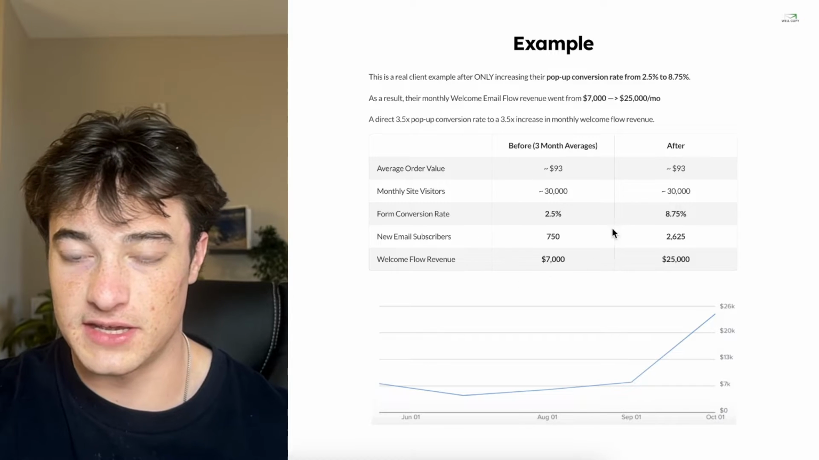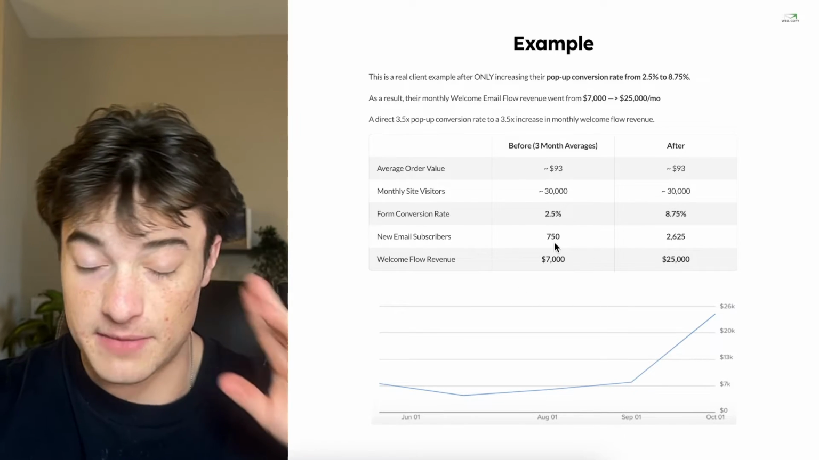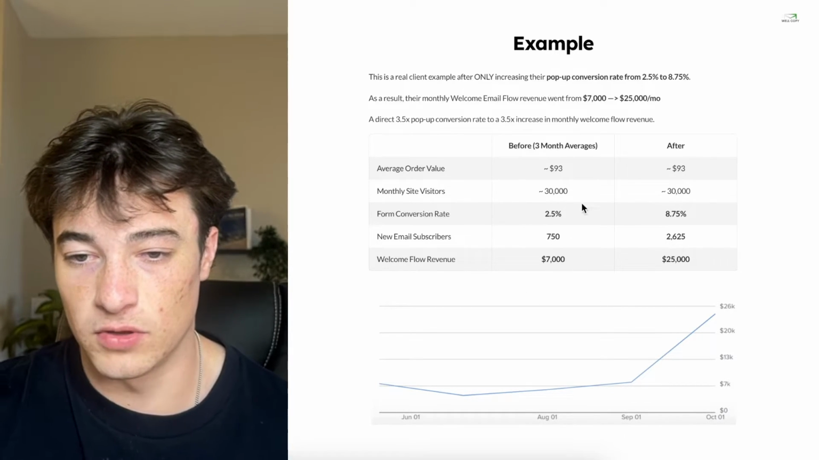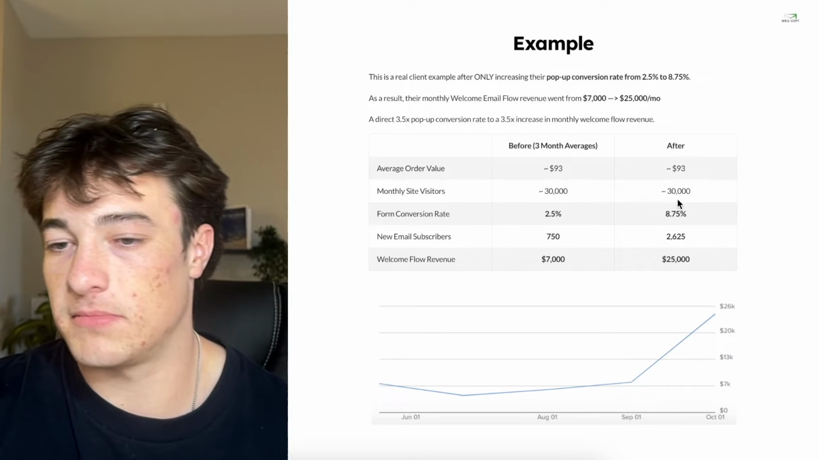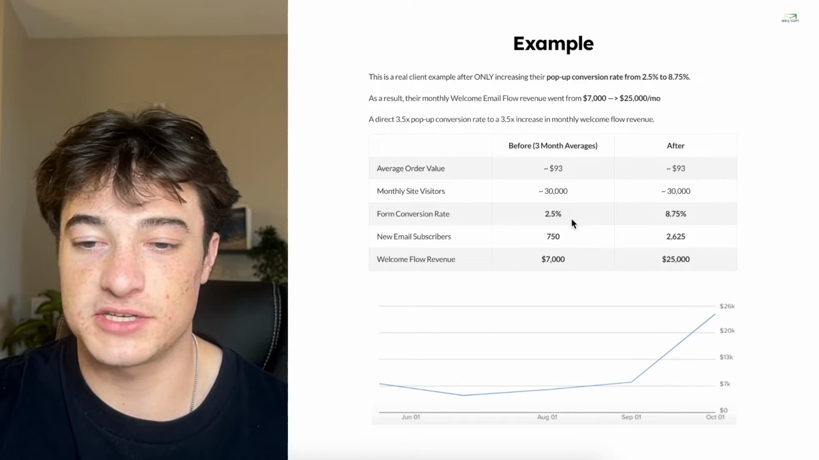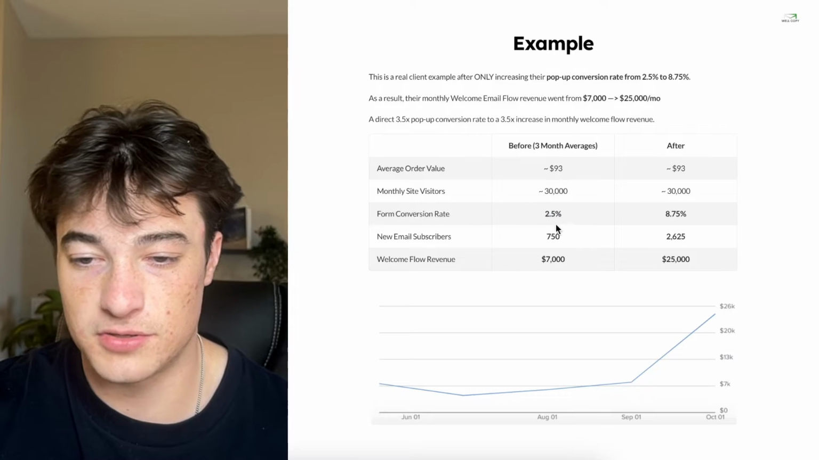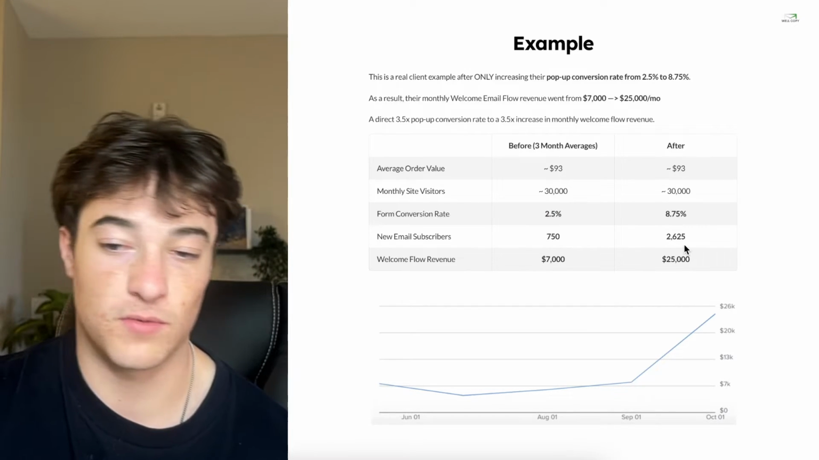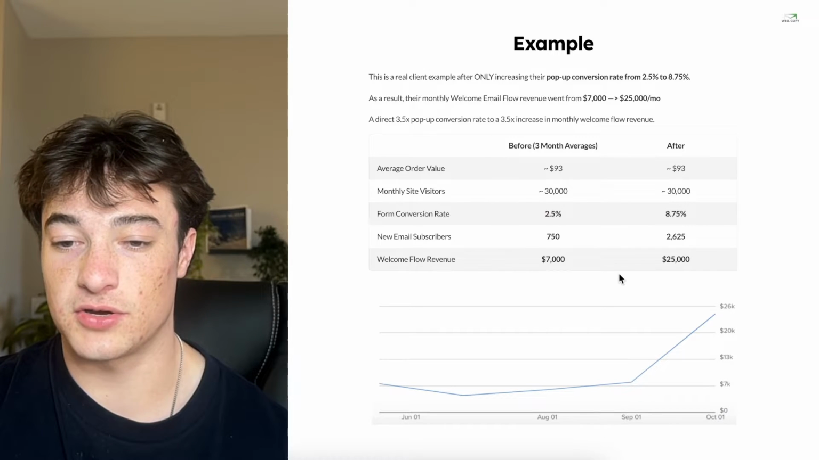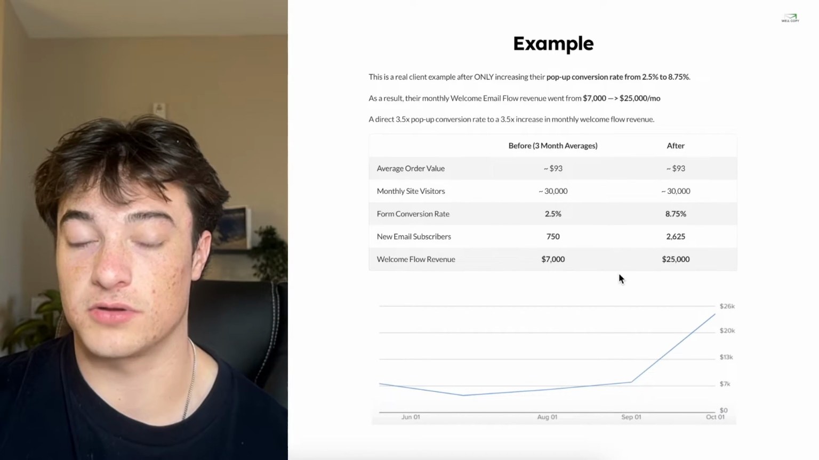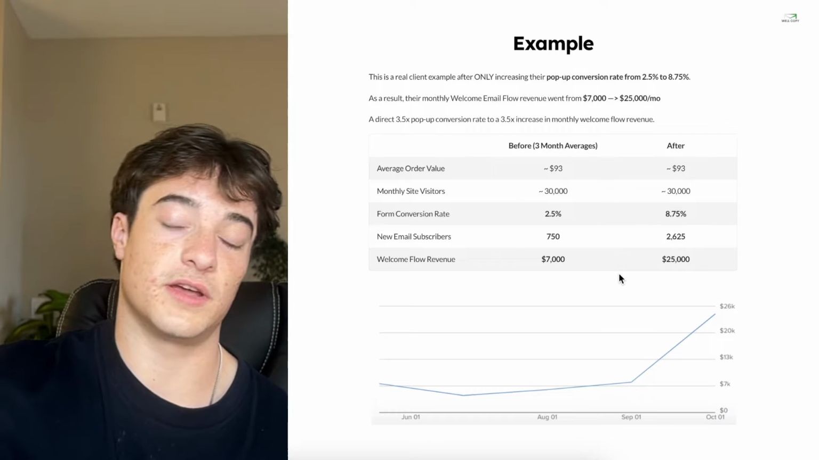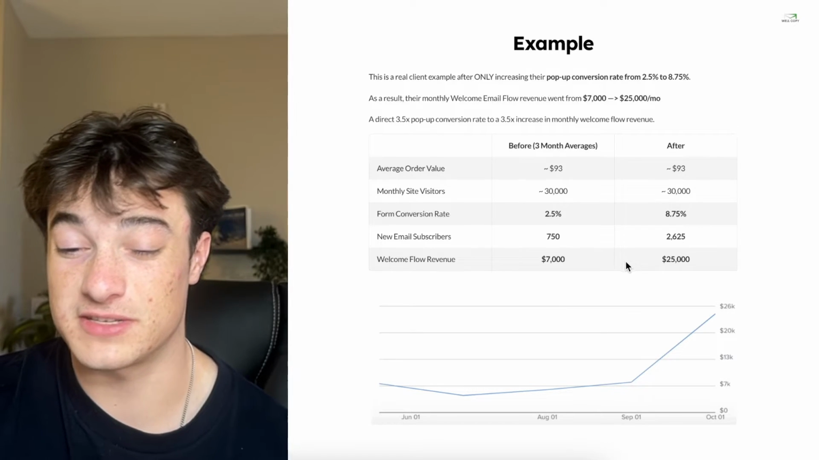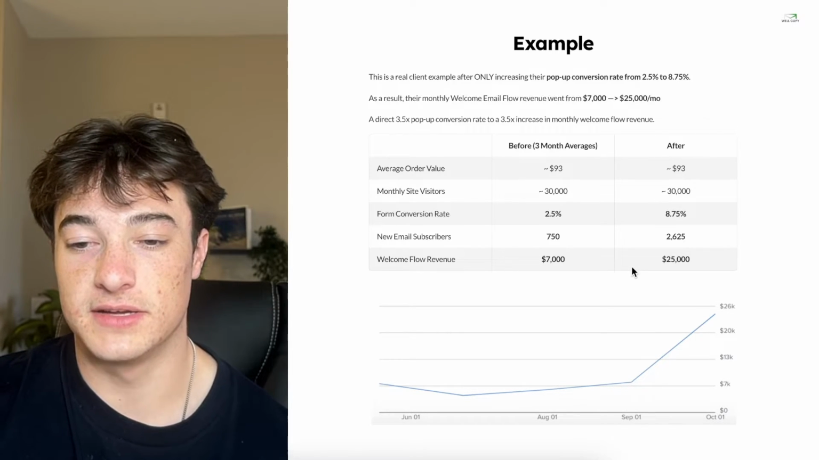And so you can see here, it turned out to be about a 10% conversion rate both times, equal, average order value the same, monthly site visitors the same. The only thing that changed here was the pop-up form conversions, 2.5% to 8.75%, new email subscribers, 750 to 2,600. So this in turn is $216,000 over 1 year. An extra $216,000 for this brand,